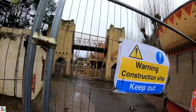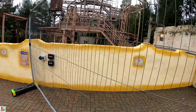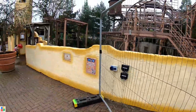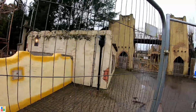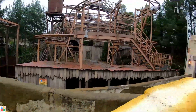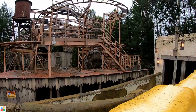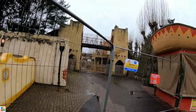And it is February half term, so other parts of the park are open. But just while we're here, look, this has all been nicely redone. We have some fresh paint along here, right the way around the corner there. This bit hasn't been done. Now I know there's about a month left until the park opens fully, probably only 3 weeks until services day and things, so there is a little bit of work that needs doing still, certainly as we've looked around, but it'd be really interesting to see today how the Rainforest is getting on,